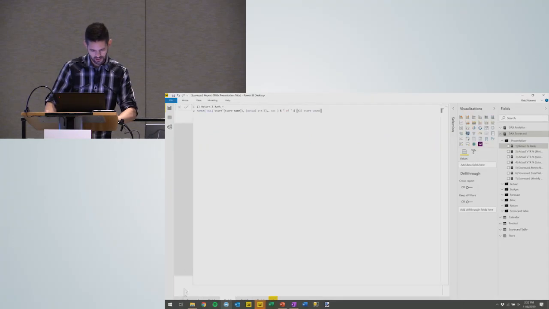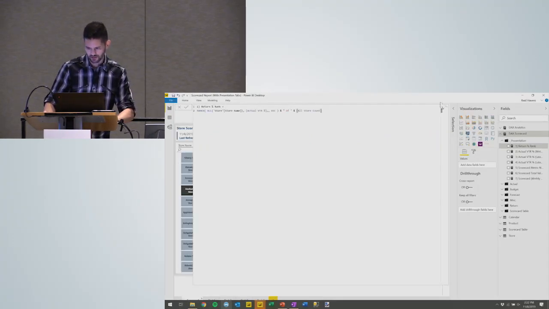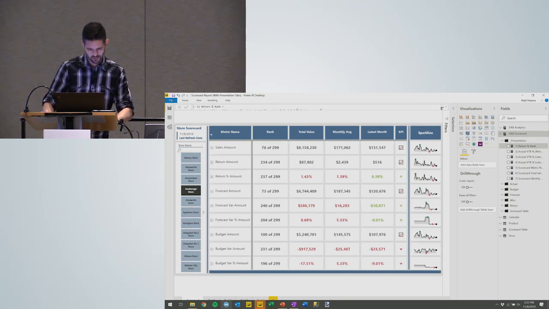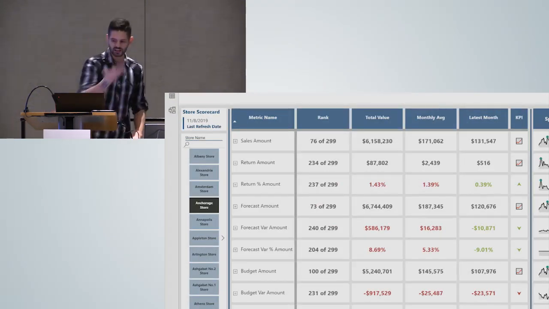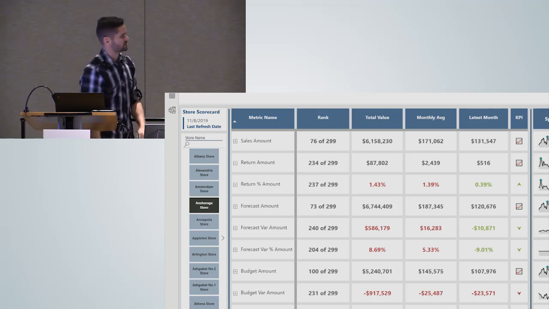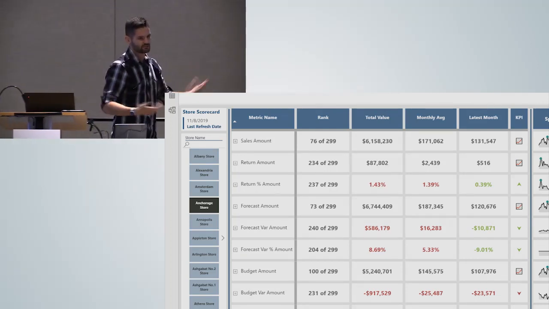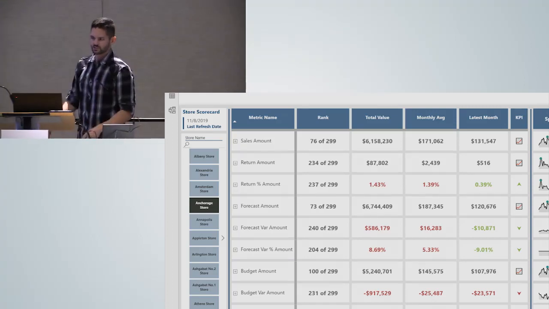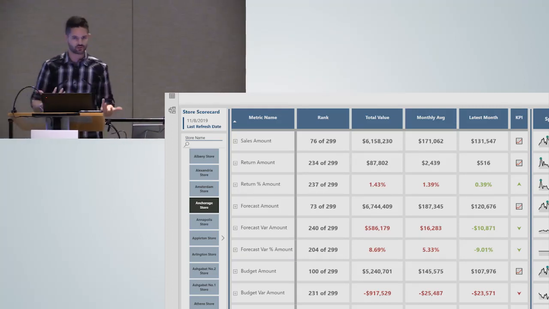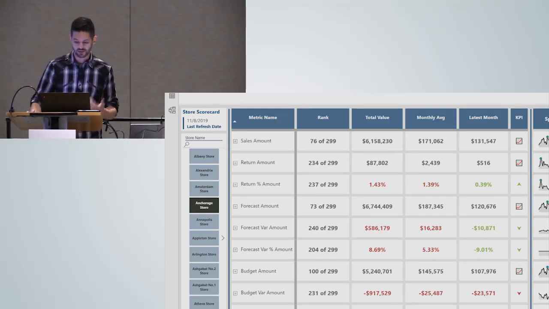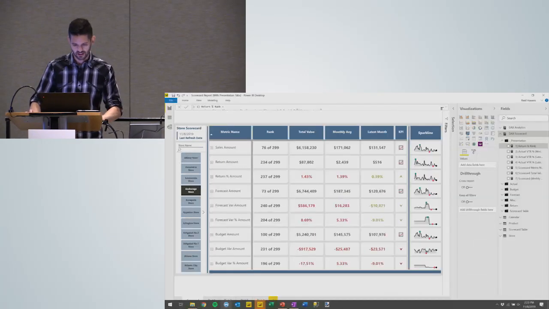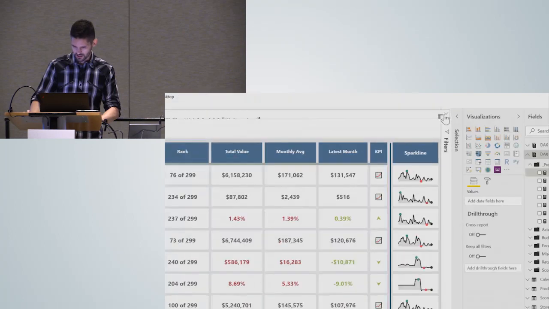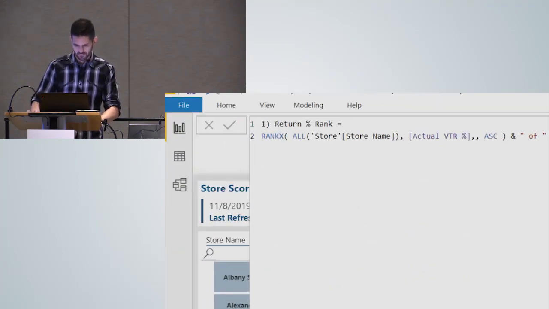Exactly. So I'll even give some context for this. If I was to try to rank anything on this page right now, there's a filter for store. So it would rank against itself. There would be no way for it to expand the universe and actually rank against all other stores. So anytime you are ever writing a rank function, you will be near guaranteed to need to use an all function in that. So that's one of the reasons that is included in there. Let me get back to my right page. But yeah, this is a pretty straightforward one.